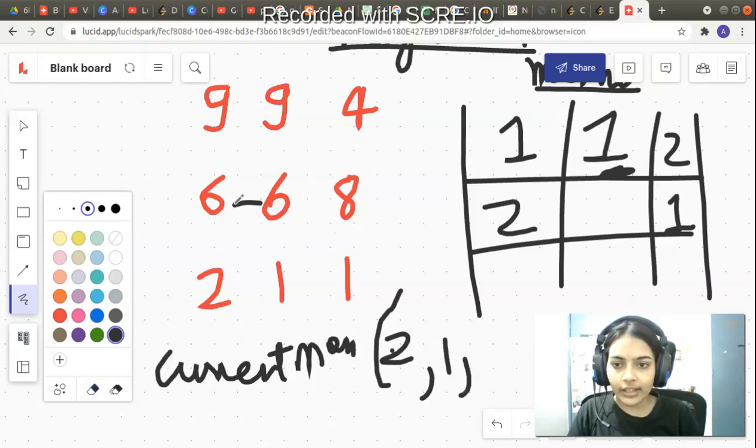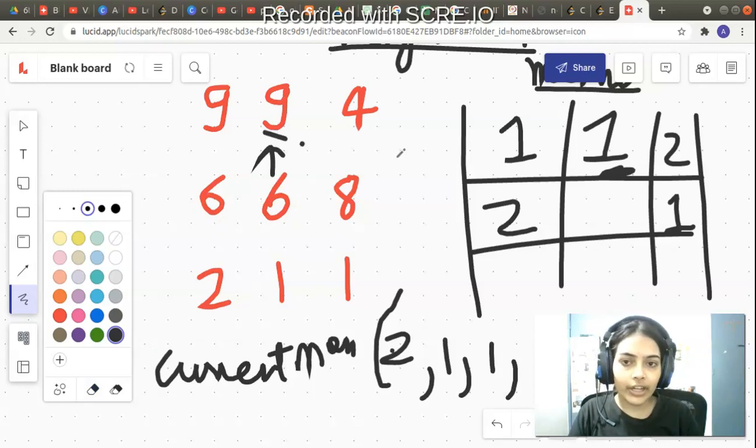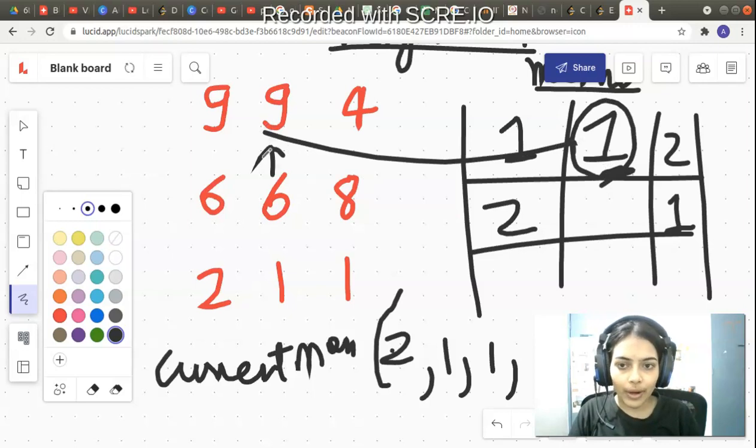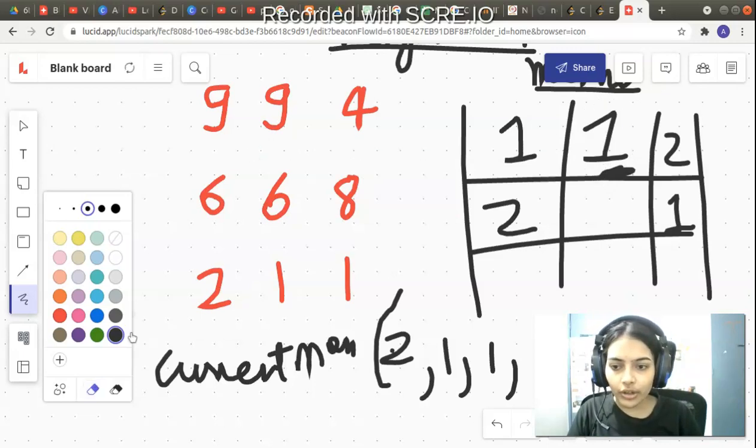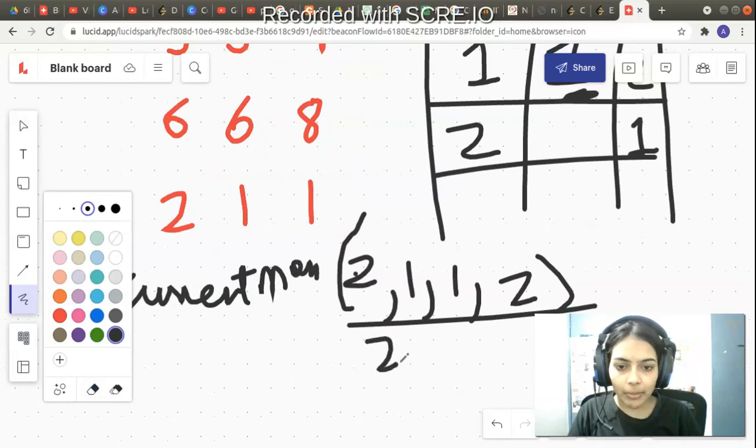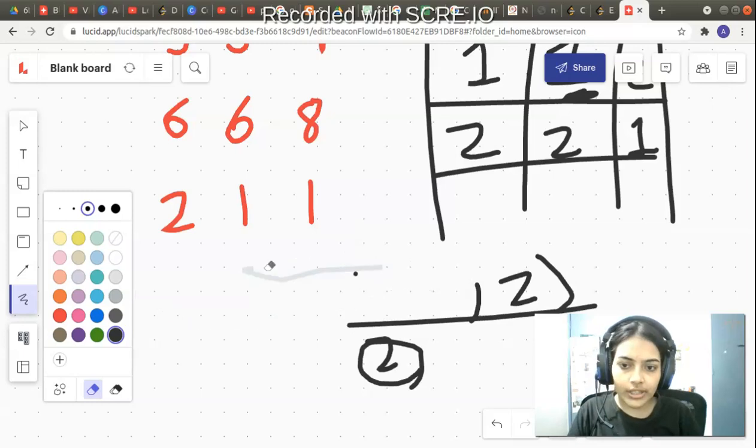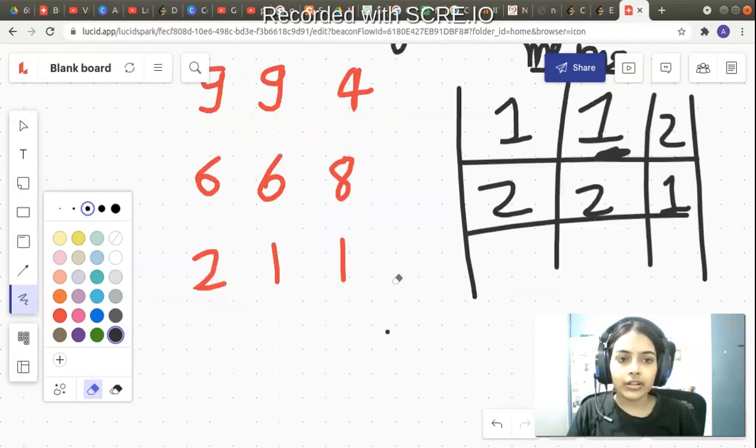Okay, so I'll write that here. Then it'll make a function call to its left neighbor. The left neighbor is useless because 6 is not greater than 6. So it'll return 0. 0 plus 1 is 1, so I will write 1 here. I will make a call to its top neighbor. Its top neighbor has a value of 1 in the memoization matrix. It will return 1. 1 plus 1 is 2. So the current max has to choose between 2, 1, 1, 2. The maximum among all these four is 2, so we will store 2 in the memoization matrix. I hope that the logic is building up, and we will go forward to the next element.